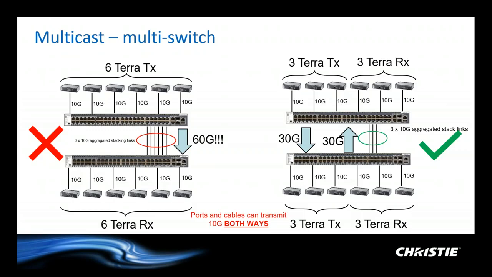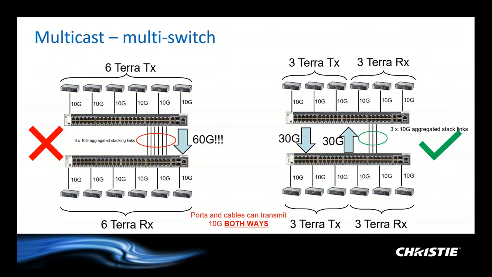So in the example on the left, this is a two-switch environment, and we've put all the TX on one switch and all the RX on the other, so obviously six transmitters on the top switch are going to try to publish